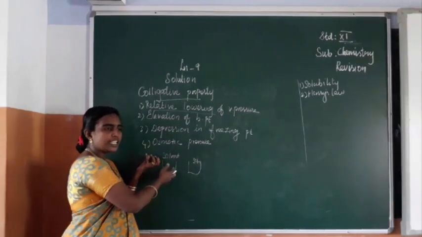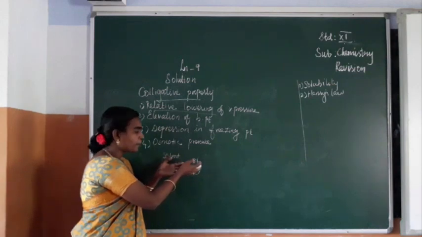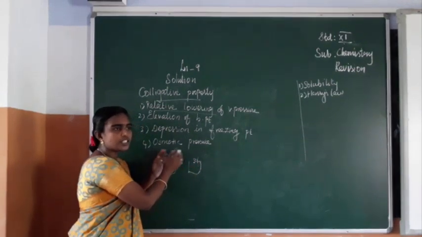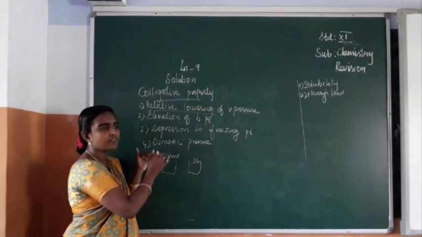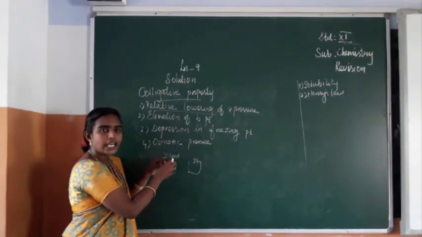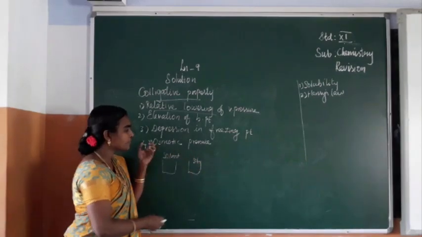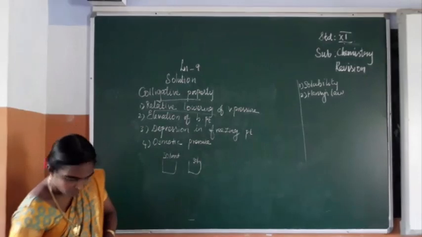Here the solvent will boil easily, but with the presence of the solute particles, the boiling point will be different from that of the solvent. So in common we can say the vapor pressure of the solvent is higher than the vapor pressure of the solution. Okay. So this we can write like this in terms of